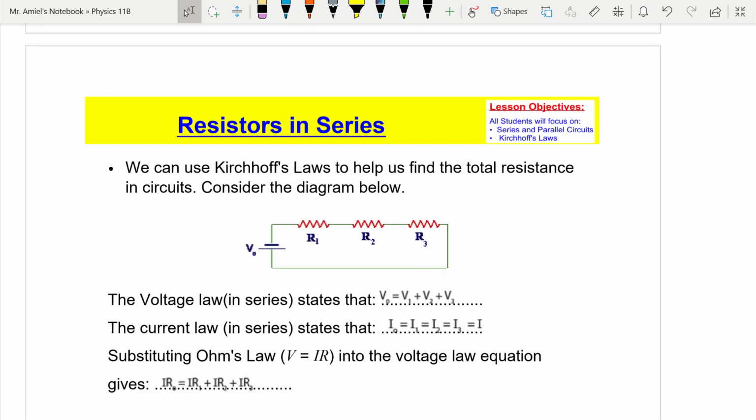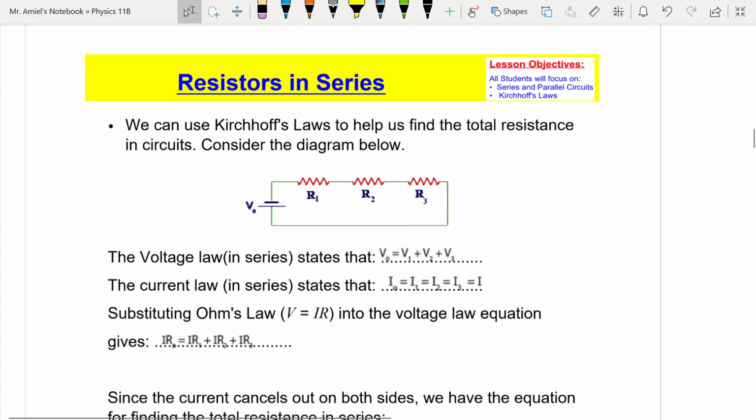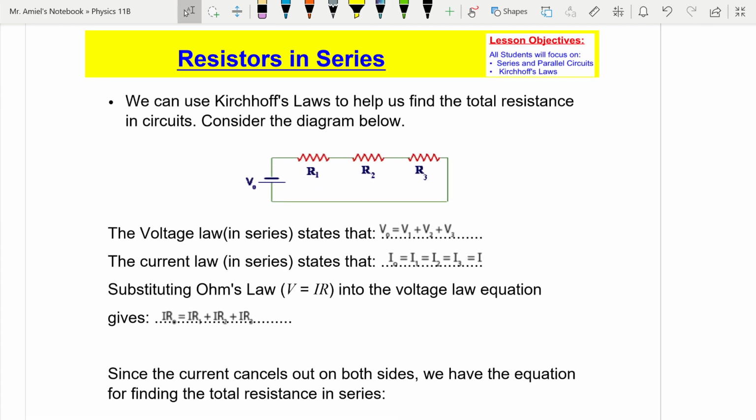Okay, now if we want to figure out the resistance of resistors in series, or the total resistance of resistors in a circuit, like in this diagram below, we can use the information that we've just been given, along with Ohm's law, to figure out the total resistance in this circuit. So okay, we're in series here, so we go up and we take our voltage law in series,